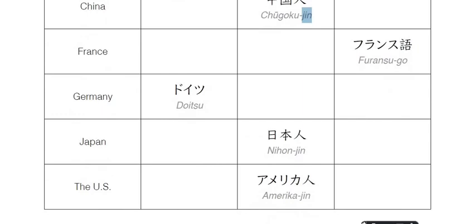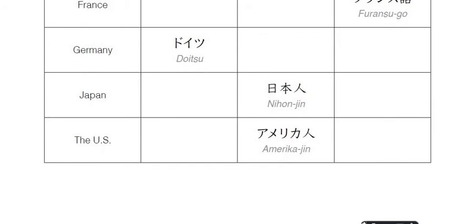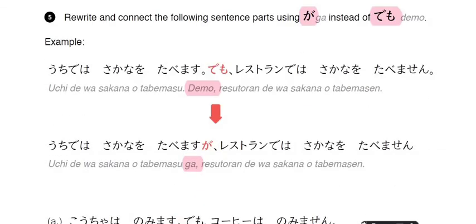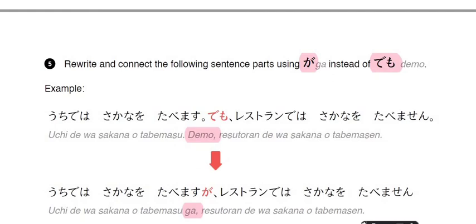France is your France, language is Furansugo. What will be your France nationality and France, the country's name in Japanese? Germany is Deutsche, so you can guess what your name and nationality could be. Japan itself is Nihon. Oh, I gave the answer. Sorry. And if your nationality is Japanese, then you can say Nihonjin. Watashi wa Nihonjin desu. Okay? If you want to say US, it is America. And you can say Americajin if you belong to America. Okay. Now,